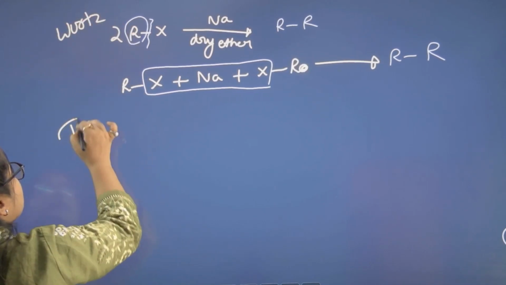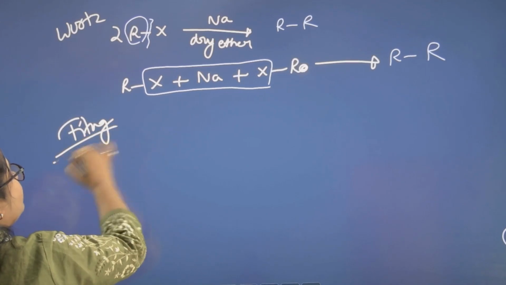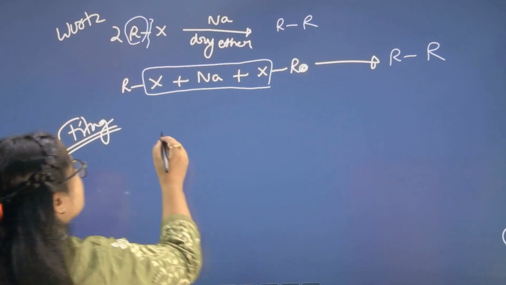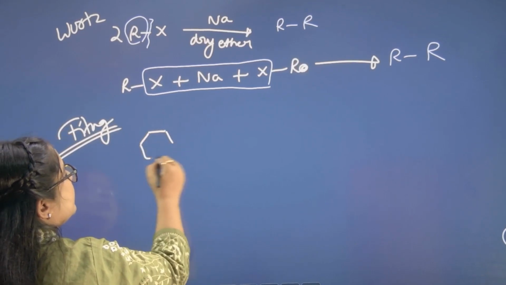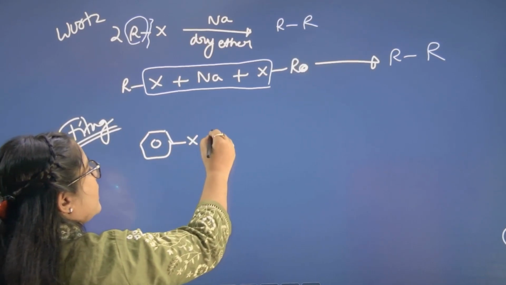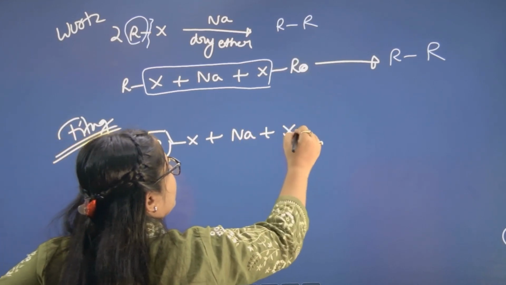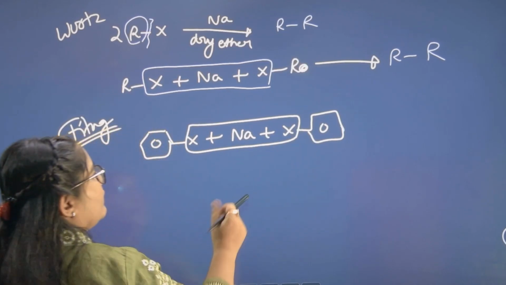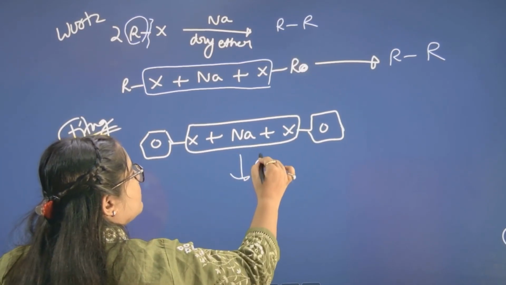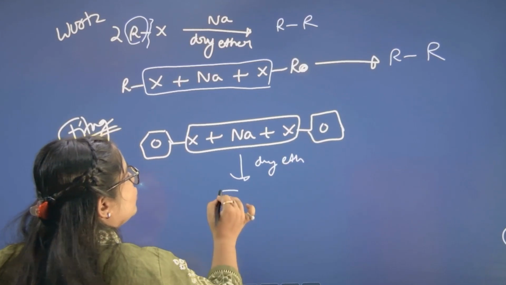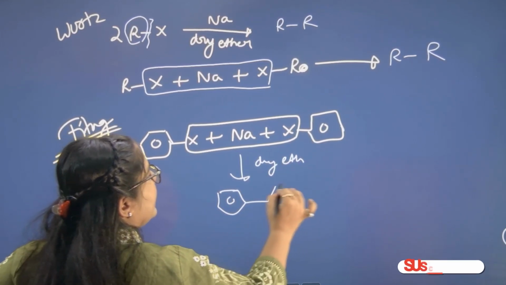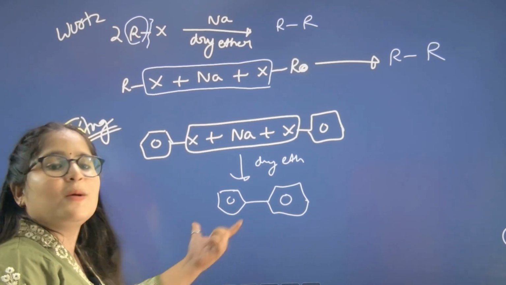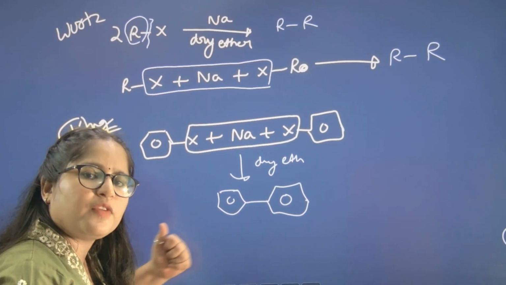Now next one is Fittig reaction. For Fittig reaction, we Fittig aryl halide. Aryl halide means benzene halide. So now I will take benzene halide, same with sodium, and then benzene halide, so that I can easily remove it. What will I get in the presence of sodium dry ether? 2 benzene rings. My drawing is not so good, so you just adjust your benzene. 2 benzene rings, diphenyl, right?